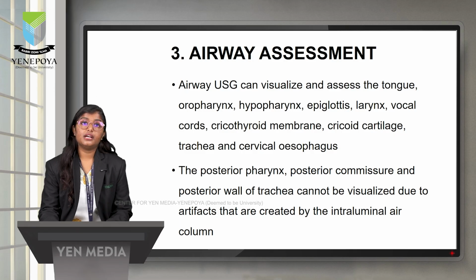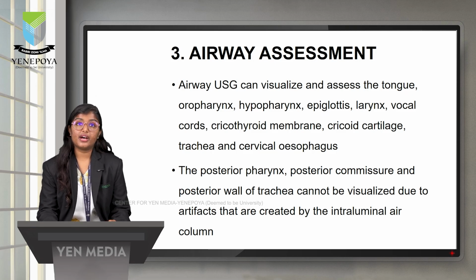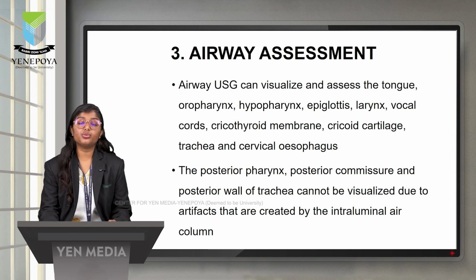And next, the application of the USG in airway assessment. Airway USG can visualize and assess the airway parts like tongue, oropharynx, hypopharynx, epiglottis, larynx, vocal cords, cricothyroid membrane, cricoid cartilage, trachea and cervical esophagus. But there are a few parts which cannot be scanned using the USG, like the posterior pharynx, posterior commissure and posterior